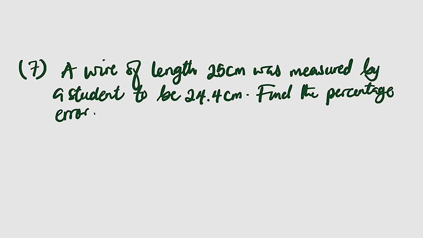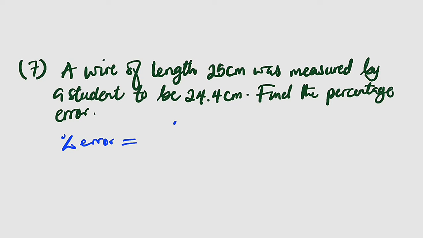Question number 7 reads, a wire of length 25 centimeter was measured by a student to be 24.4, meaning this is the actual length of the wire, but the student mistakenly measured it as 24.4, meaning it has reduced. We're asked to find the percentage error. So remember that percentage error